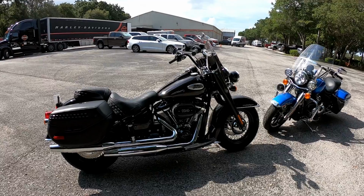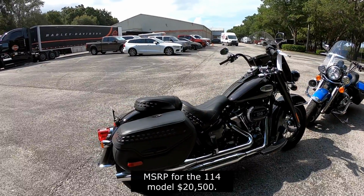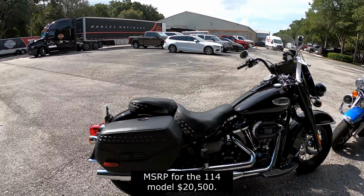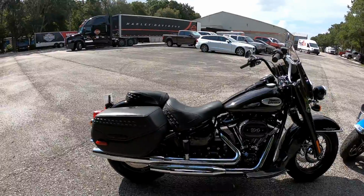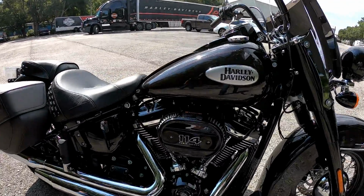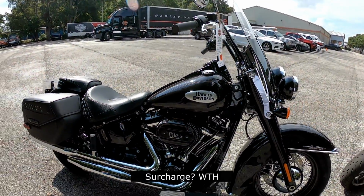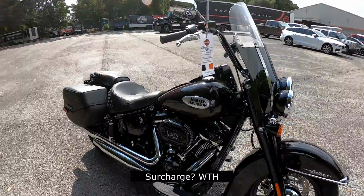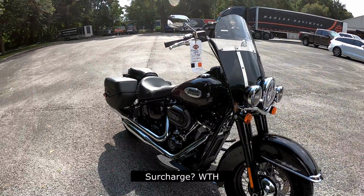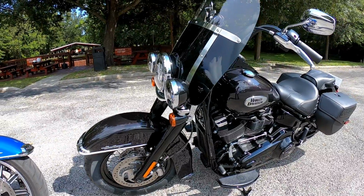Now let's start with the Heritage. The MSRP on the Heritage is right about $19,000. That doesn't include freight. I don't know why they don't include freight. Maybe they don't want to scare you that bad, but that's another 400 bucks or so. And they have a new thing on Harley's website at the very bottom. You have to scroll down under pricing, and it says surcharge. I think it's $300. So you're going to pay 19,000 bucks plus $400 for the freight, plus $300,